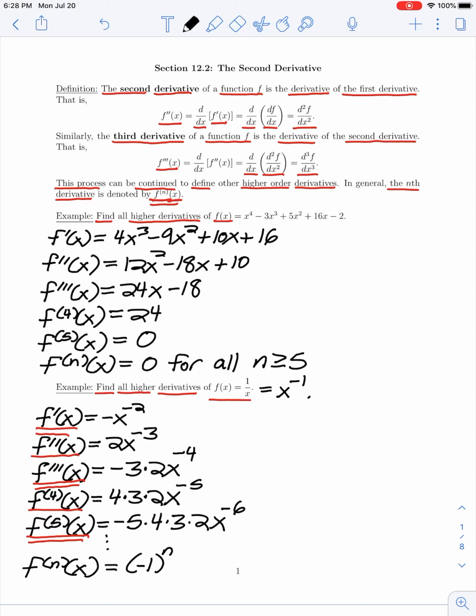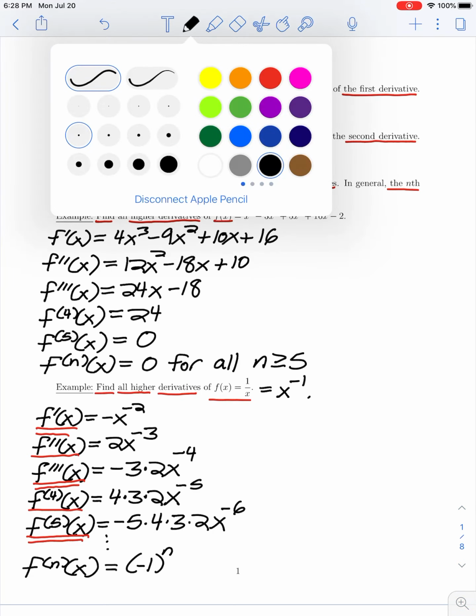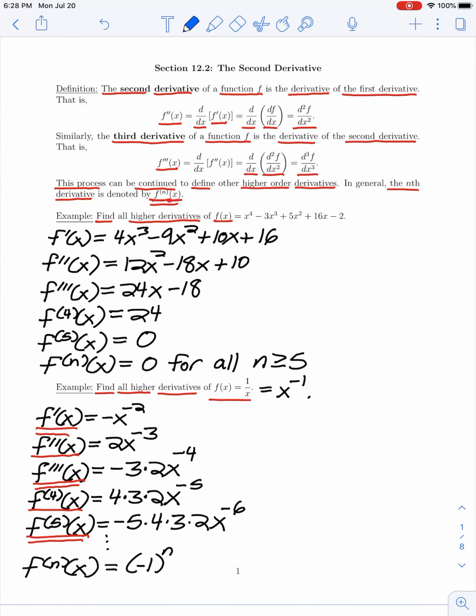Now the next thing that we can take a look at is the constant that appears in front of our variable x. So for the first derivative, we had a 1. For the second derivative, our constant was 2. For the third derivative, we had 3 times 2. For the fourth derivative, we had 4 times 3 times 2. And for the fifth derivative, we had 5 times 4 times 3 times 2. So in general, the pattern that's emerging for the nth derivative would be that we have a constant of n